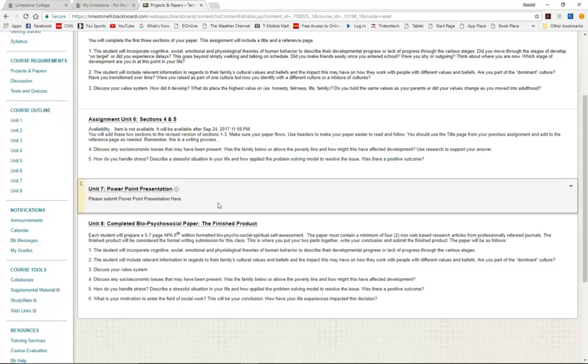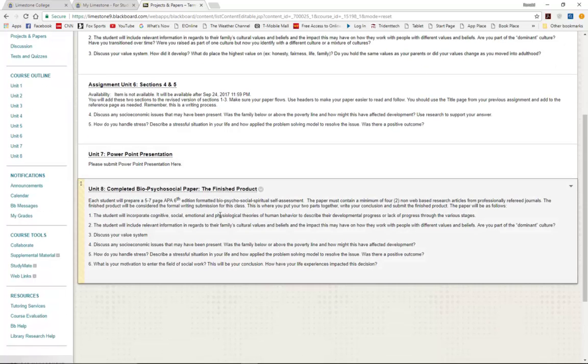And then in Unit 8, by then you should have already had 1 through 3 done. You should have already made your corrections to 4 and 5. So the only thing you're going to have in your final paper project is basically 6. You're going to be responding to 6 in your final paper. So in your final paper, which is due on the 19th, you're going to be submitting to me basically 1 through 6. This is where I'm going to get your whole completed project.